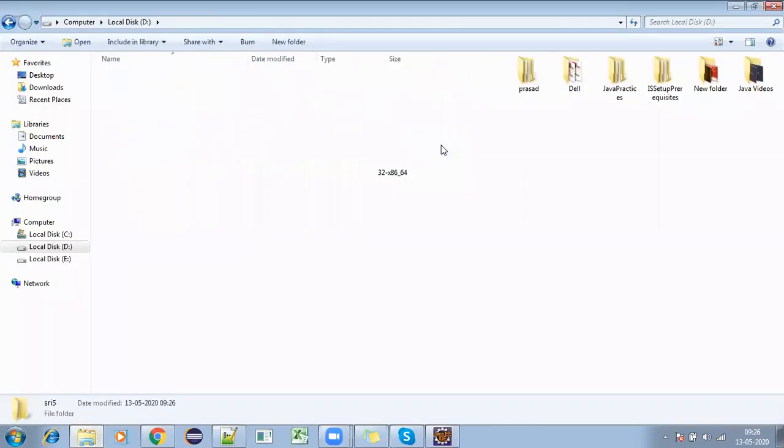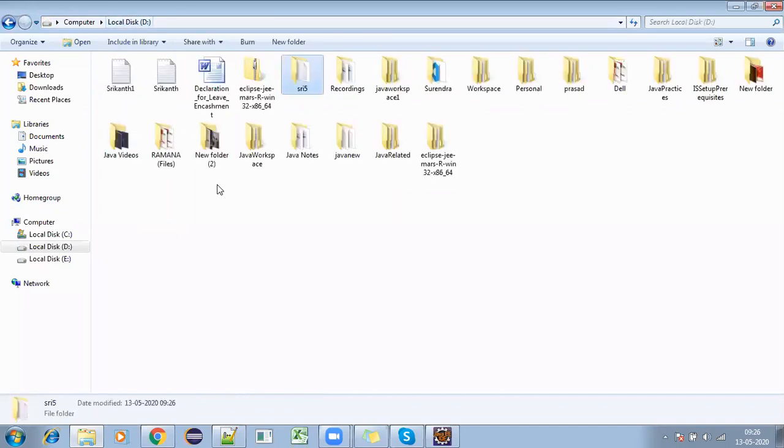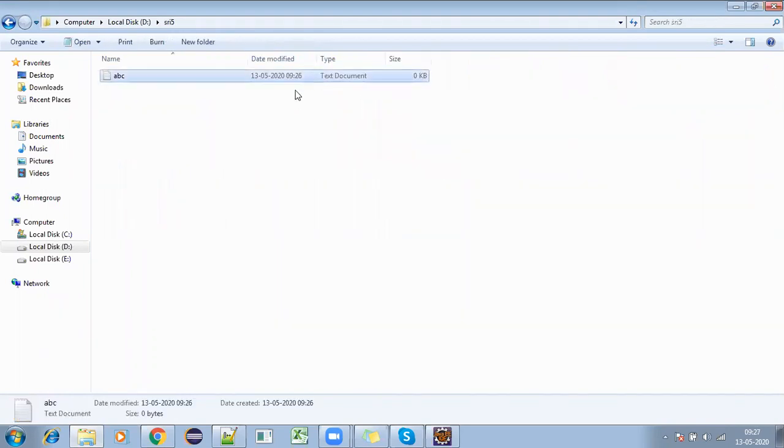Now I'll go to Shrify, and it has created the abc.txt file. Like that you can give the directory name. So here we created one new folder, and inside that new folder I created one file.